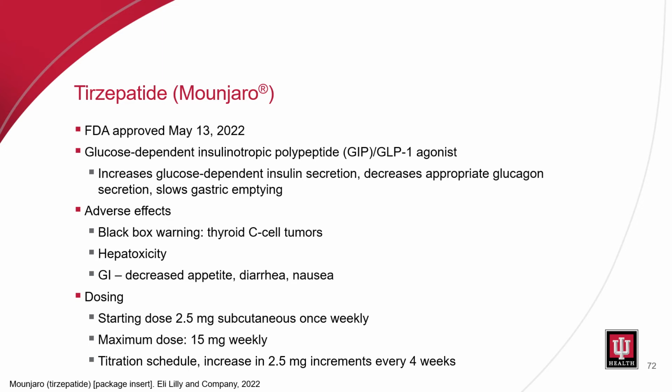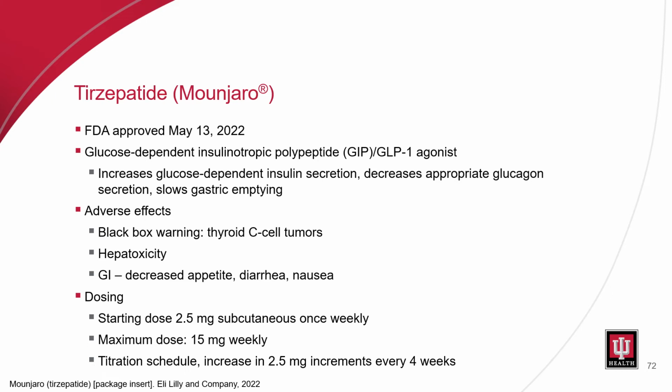This is a GLP-1 agonist in addition to a glucose-dependent insulinotropic polypeptide or GIP, which increases glucose-dependent insulin secretion, decreases inappropriate glucagon secretion, and slows gastric emptying. Adverse effects include that black box warning for thyroid C-cell tumors like the GLP-1 agonists. We can see hepatotoxicity with this medication, so you would monitor LFTs. And then, of course, GI effects, diarrhea, nausea, as well as that decreased appetite, which we may or may not